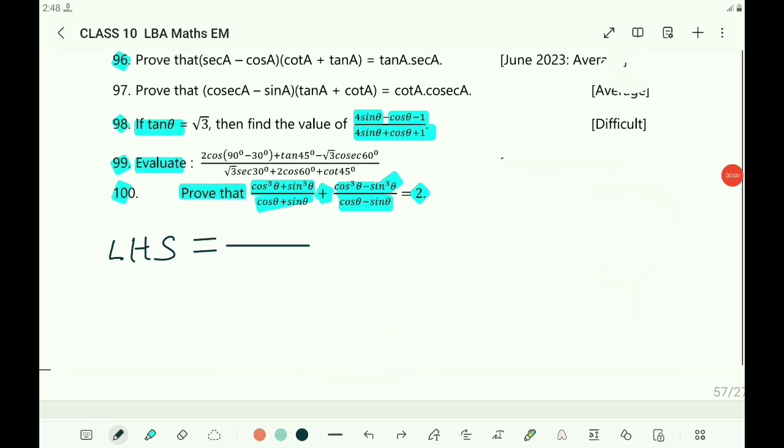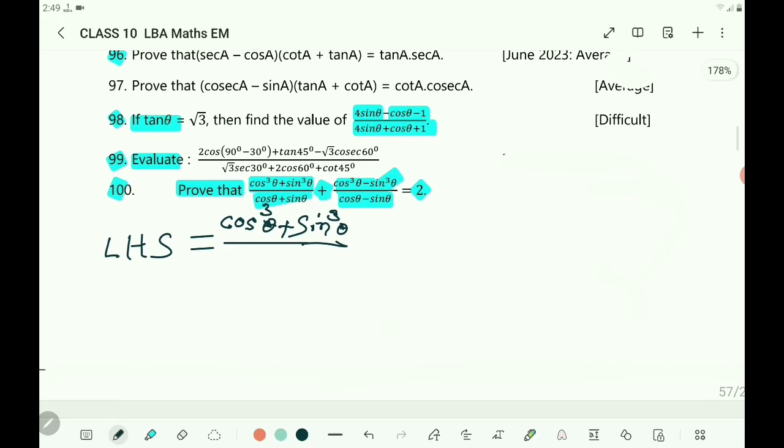LHS equals cos cube theta plus sin cube theta by cos theta plus sin theta